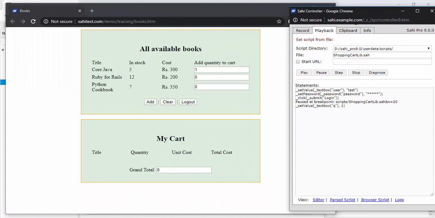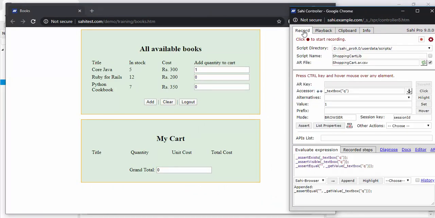This will execute the test case in debug mode, so it will pause the playback at the breakpoint. It stops here. Now switch to the record tab. It shows me the AR file name, or we can select the AR file we are using here. We can now inspect the element by using Control and hovering over it to find better ways to identify it.